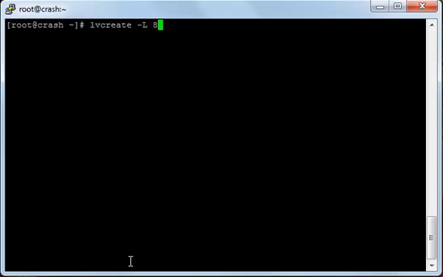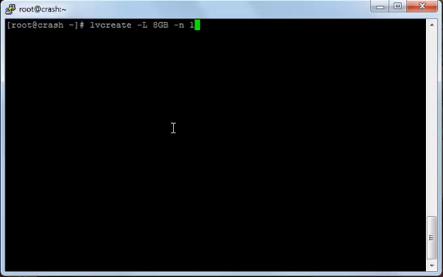For example, here I'll type 8 GB. This means that the logical volume I'm making will take 8 gigabytes from the 10 gigabytes, the total size of the volume group. And then I'll type -n,